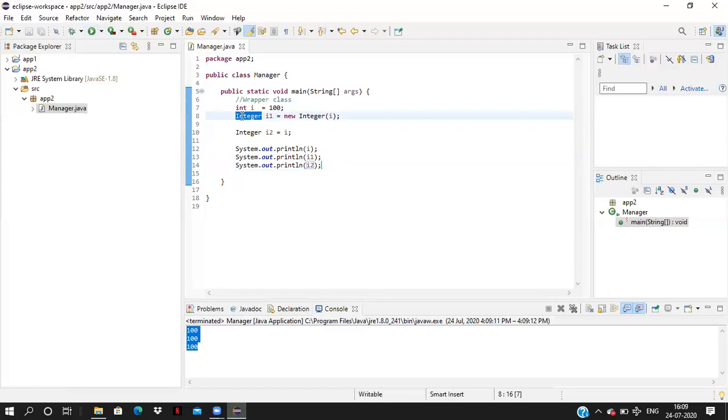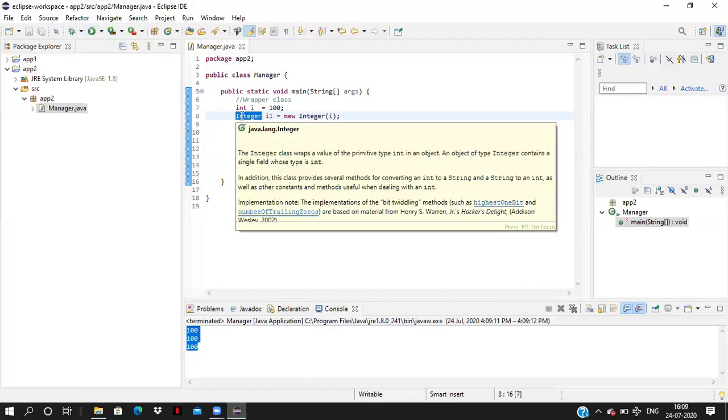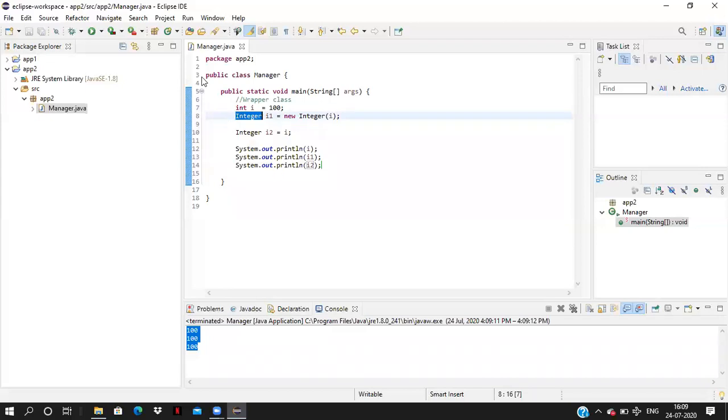For every primitive data type in Java we have a class. Each and every primitive data type has one class. Those classes we can call wrapper classes. Now I am taking one text file.